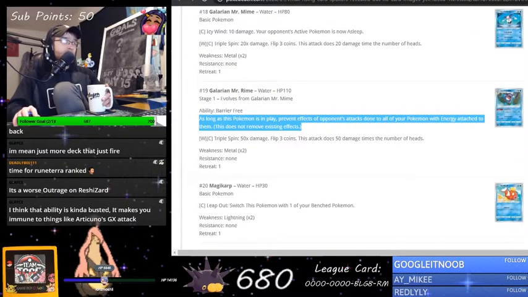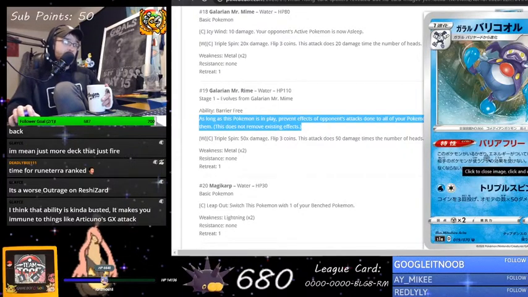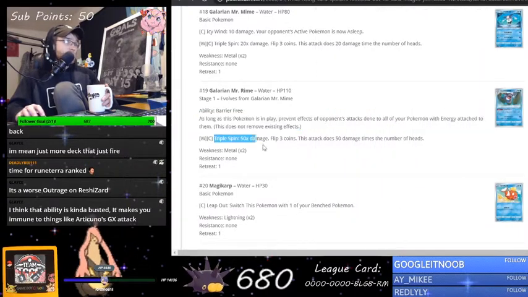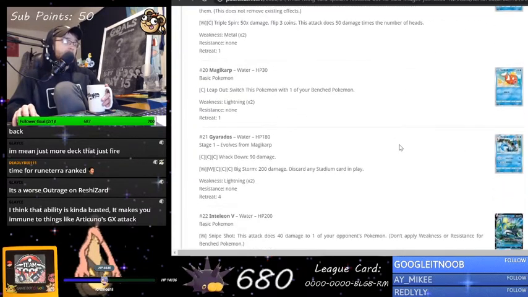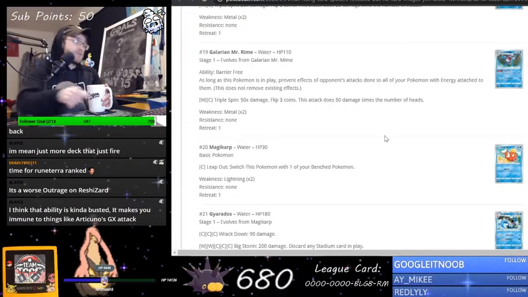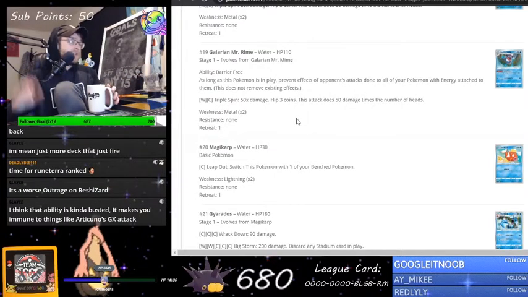But yeah, I really like this ability. I think it's really cool. I just wish it was a little bit more health, but I guess with an ability like this, you need to do that. Triple Spin, 50 damage, 3. Oh, so this is just like this, except more damage. Busted card. Well, I wonder how much play that'll see, and if it'll see play in Frosmoth decks. Because you can attach energy anywhere, because you have the Deluge Frosmoth. So you just spread your energy around. You pair it up with...